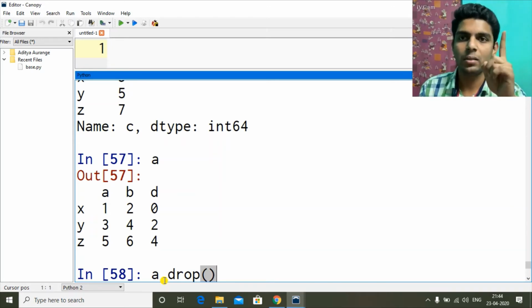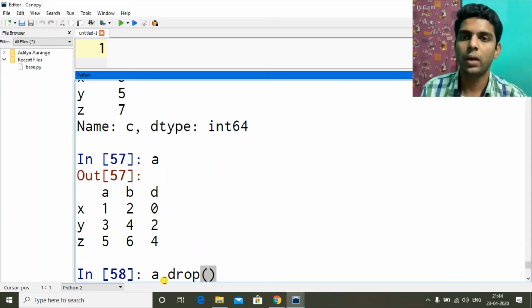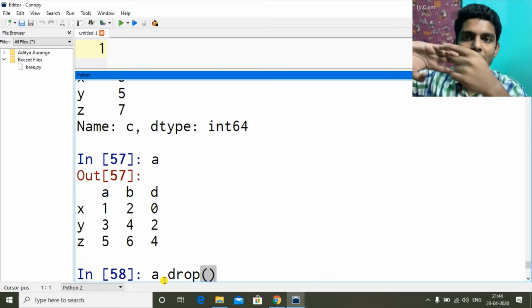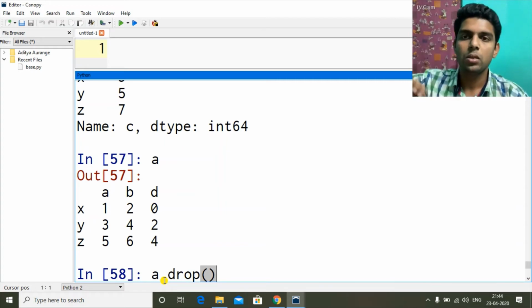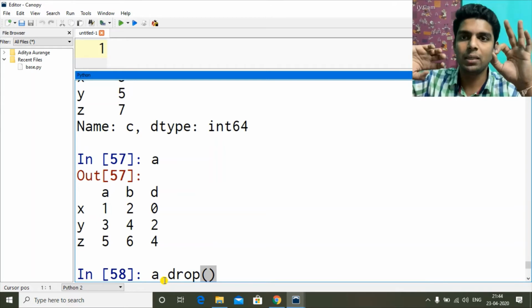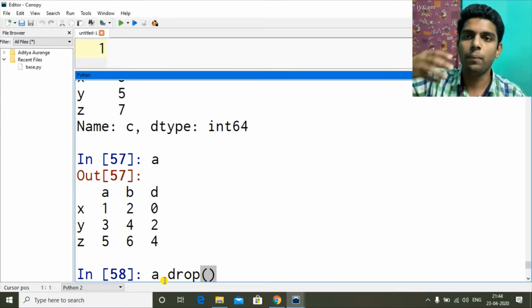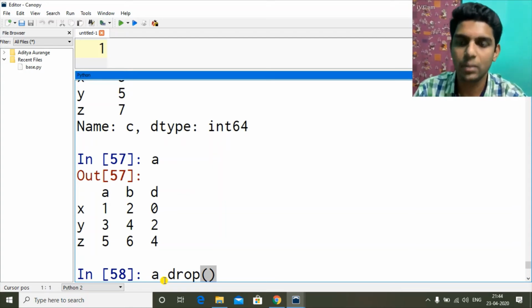So 1 is like this, it's opposite, as I said in earlier video. And 0 is default, which is vertical. Indexes are stored like this. Values are horizontal, but the indexes are vertical: A, X, Y, Z. So if you want to delete index or the rows, we use 0 axis and give the corresponding name. If you want to delete columns, they are horizontal to each other, we use 1 in axis.